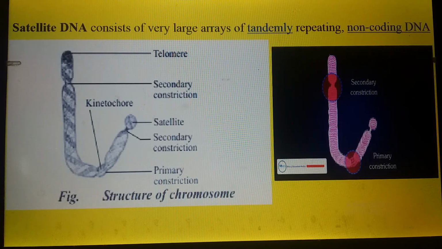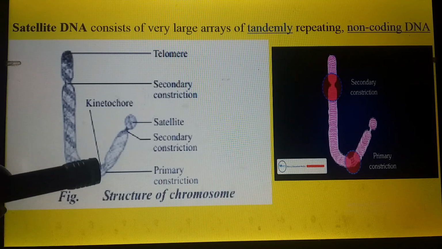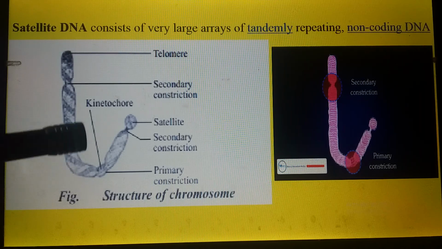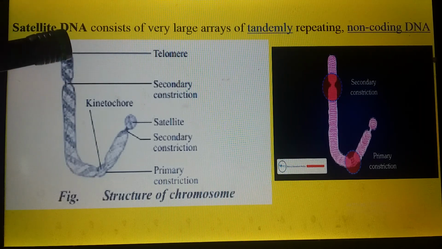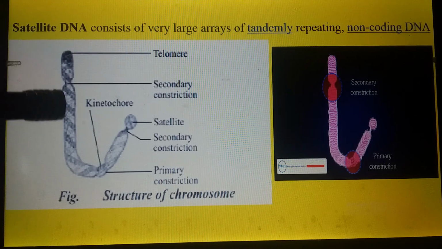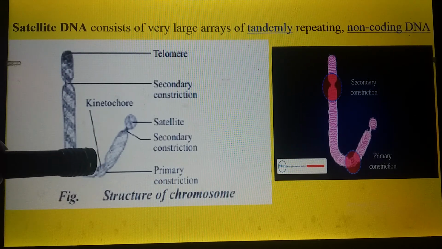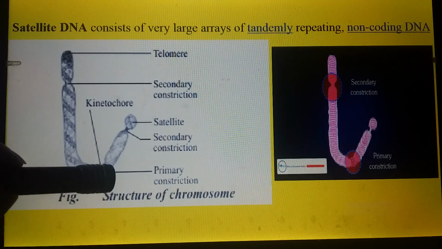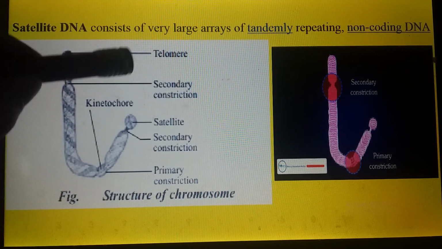In telomeres, repetitive sequences are present, and इस telomere का जो function है, it prevents chromosomes from collapsing, or it prevents the attachment of the chromosomes with each other. When homologous chromosomes come together and attach at the point of the centromere, at that time these telomeres prevent them from attaching with each other. So you can see here, this is the centromere. Centromere is known as the primary constriction, and I will discuss later on the secondary constriction and the difference between them.